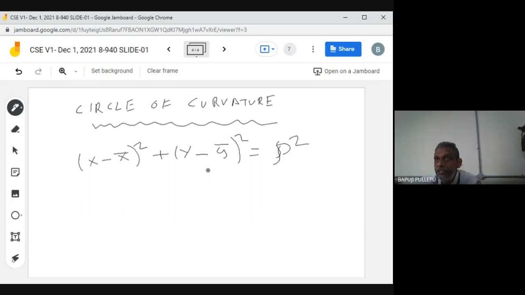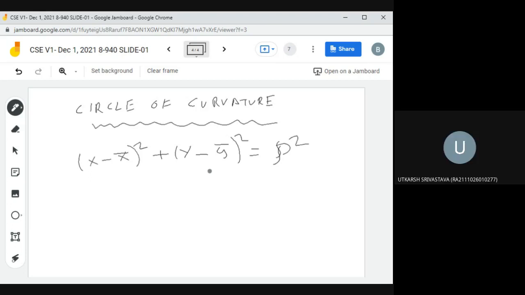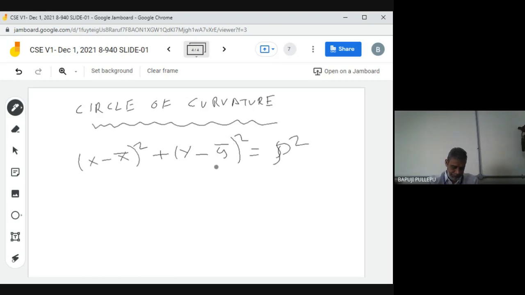Cycle test 3, maybe fourth unit. They will have 4 or 5 units, still they have not decided. Cycle test 3 also will come within 1 month. We have to complete the portions. If not sufficient, I will take evenings. I will tell you 1 or 2 days, 6 to 7 or 7 to 8. Some days I will give you time, then you can attend. Correct? Okay, sir. Come on now.